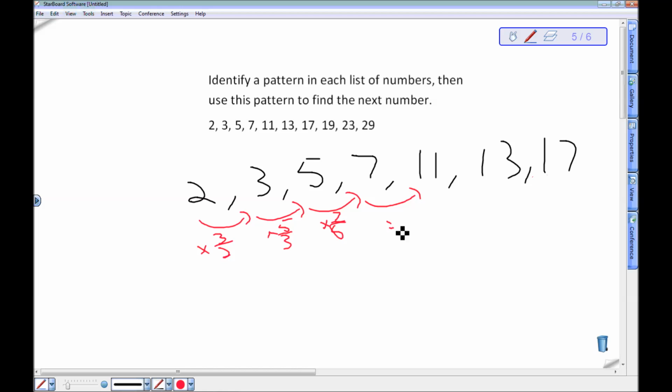7 to 11, that's multiplication by 11 sevenths. Yeah, that's really just telling me the pattern is the numerator and the denominator. I don't think that's what we're up to here either. All right. Now, unfortunately,